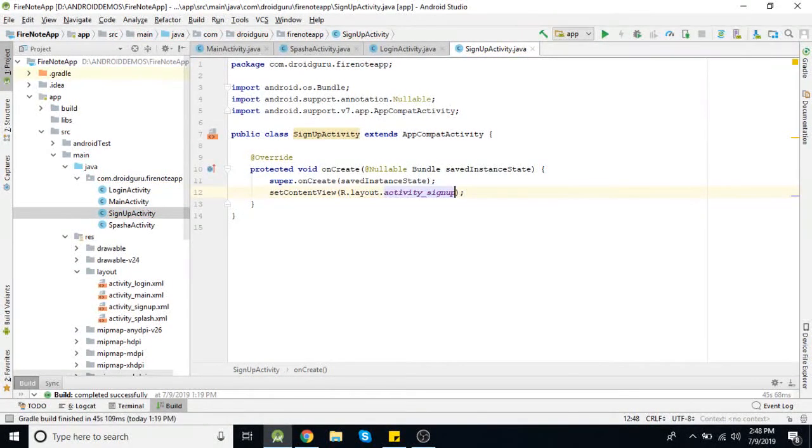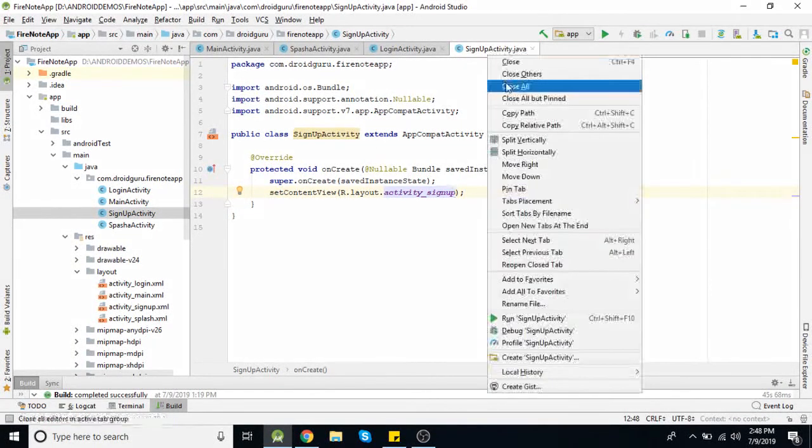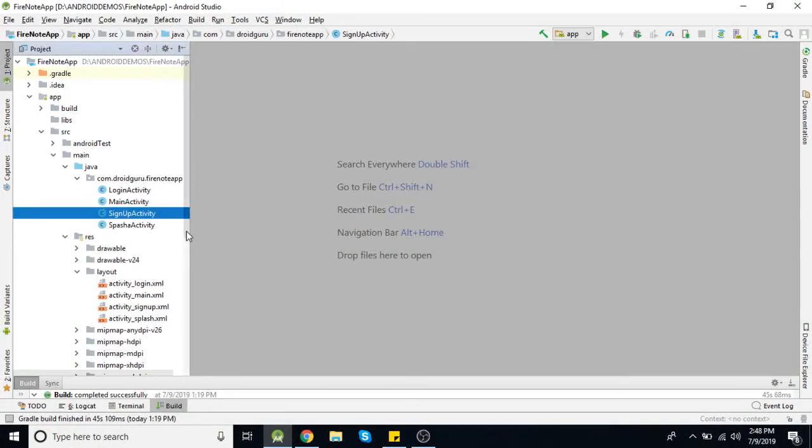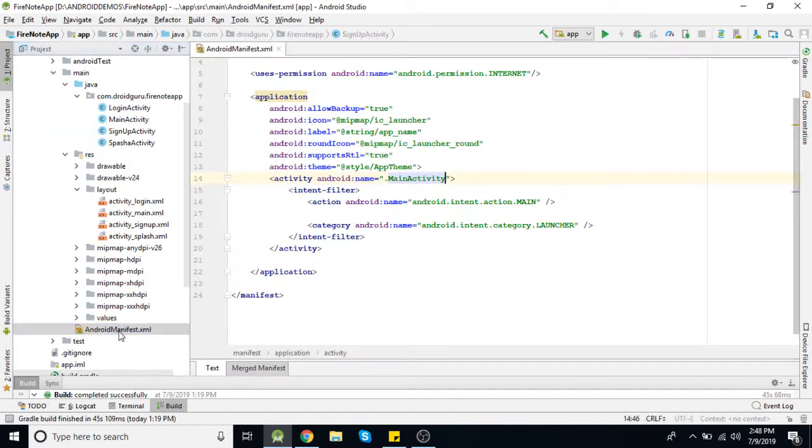Okay, so we are done with creating our Java classes. Now we need to add those classes in the manifest file. What we'll do is launch this splash screen first, so I'm setting it as the launcher activity.